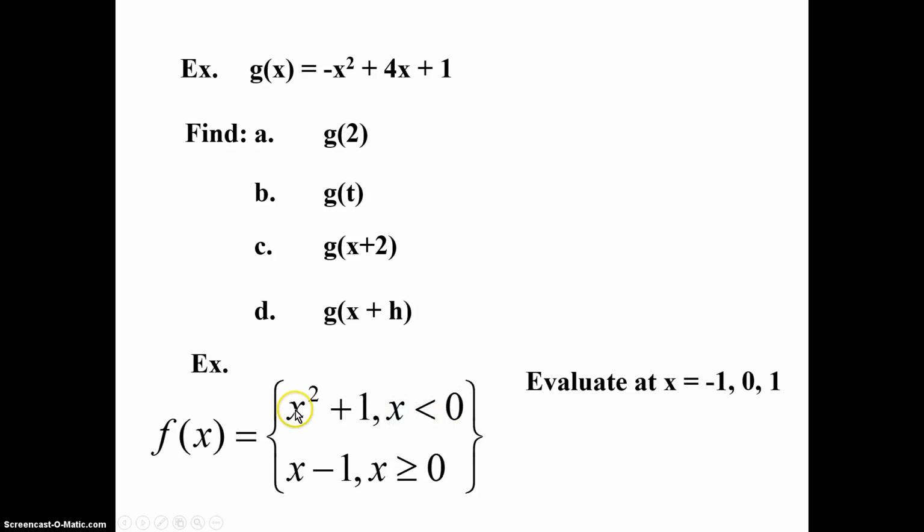So you're going to go in here and you're going to plug it in. So you have -1 squared. Mr. Brown, what happens when you square a negative? It's always positive. So basically when you have -1 squared, that becomes a positive 1. You add 1 to it, and what's 1 plus 1? 2. Right. Okay, the next one is 0. Well, out of these two stipulations right here, is 0 less